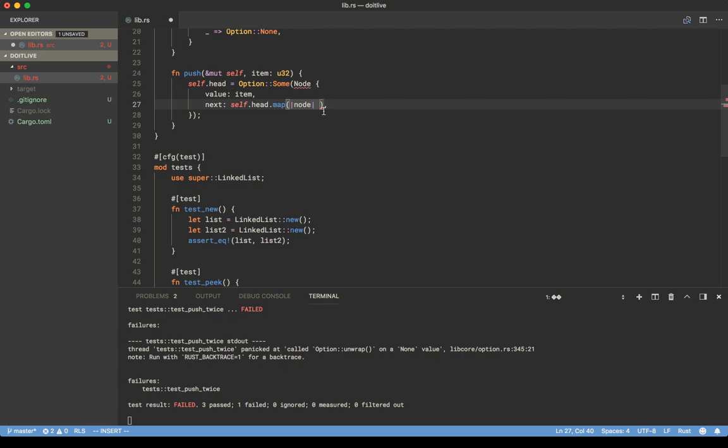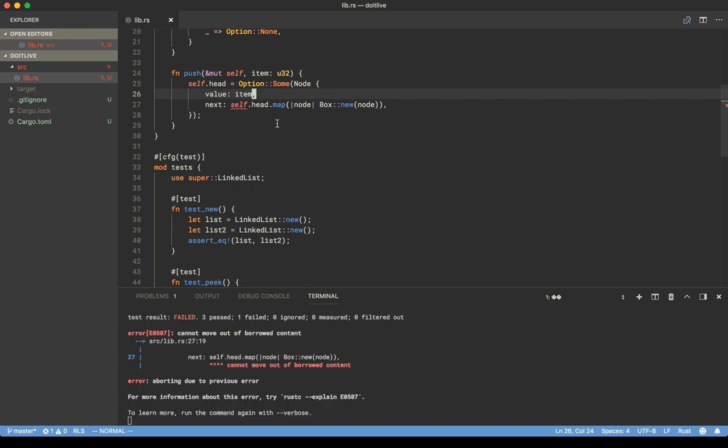And so we can give back a Box.new of that node if there happens to be one. So we'll have an option of box node. And then we wind up with this: cannot move out of borrowed content. And the reason being, if we look at self.head,